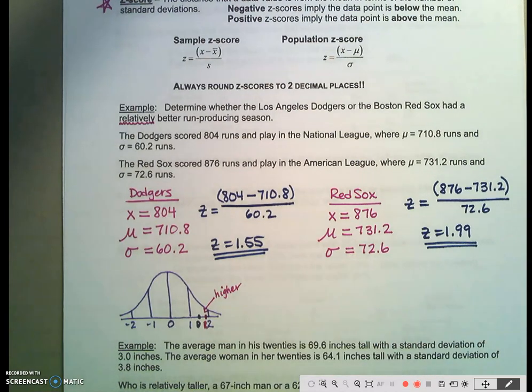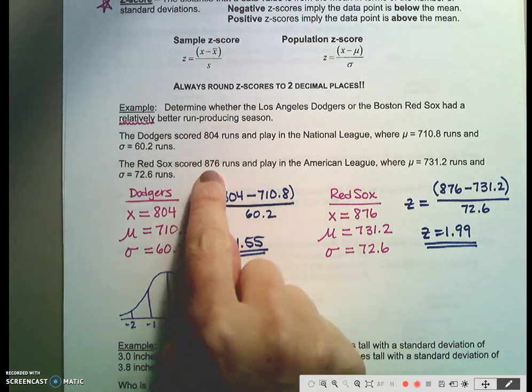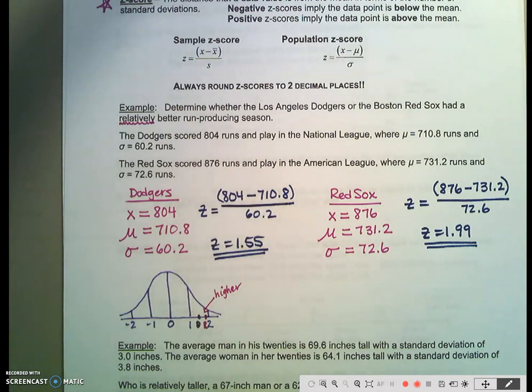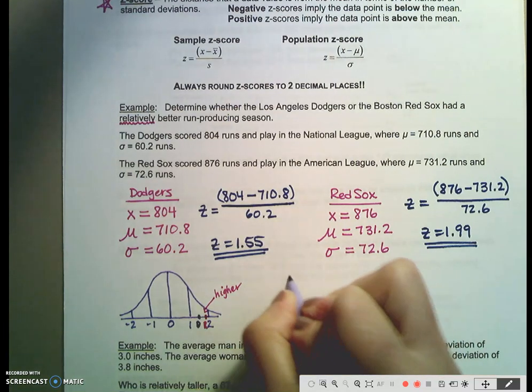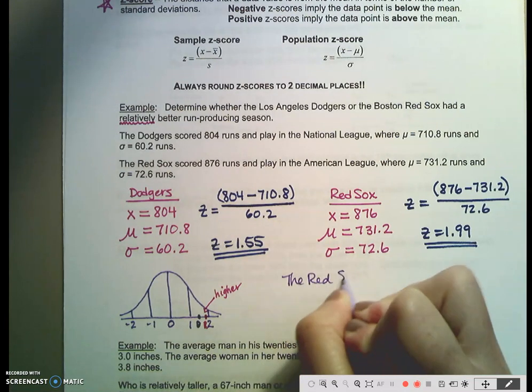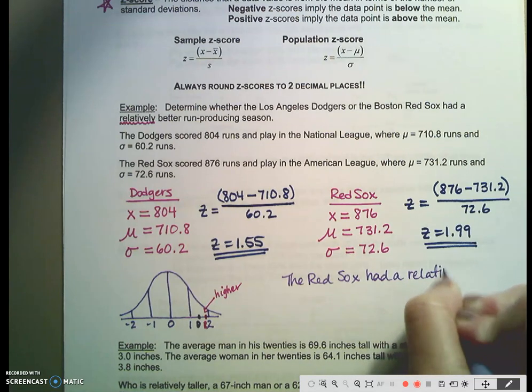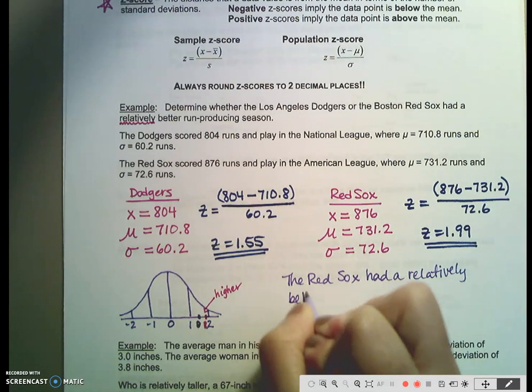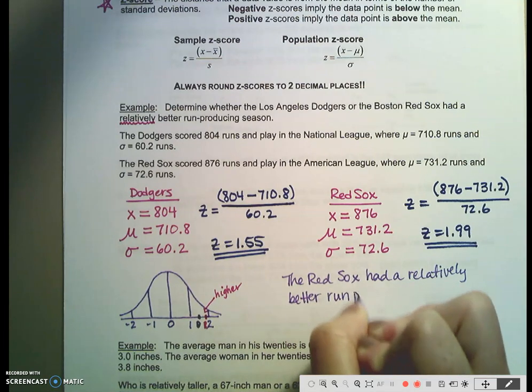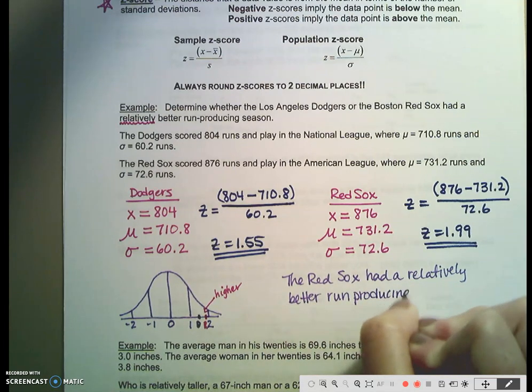And so the team that had the relatively better run producing season was actually the Red Sox, but not because 876 is bigger than 804, right? Like, an elementary school kid that doesn't know anything about statistics could figure it out if that was as easy as it is, but we actually have to compare z-scores. So we are going to say the Red Sox had a relatively better run producing season